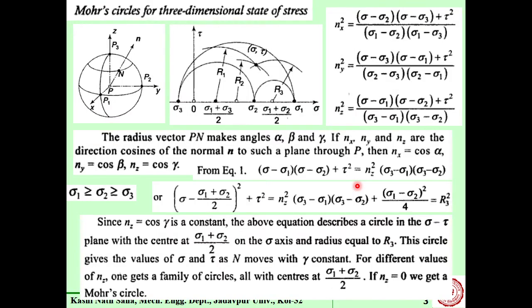Sir, these nz values or index values lie between -1 to 1, not 0 to 1? Whatever it is, it is a square quantity, so it will become a positive thing. This square quantity will lie between 0 to 1. Okay, that is true, but that doesn't make any difference to our analysis, right? Yes, sir. So that much is fine.